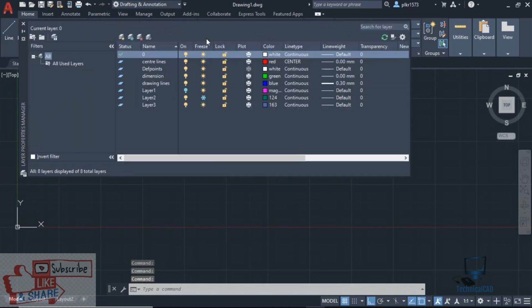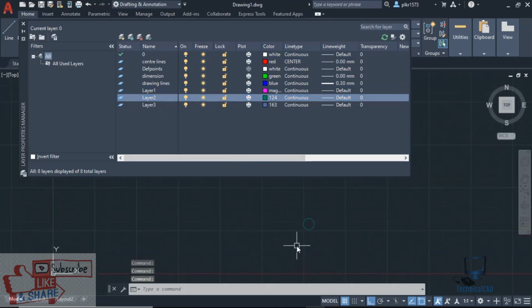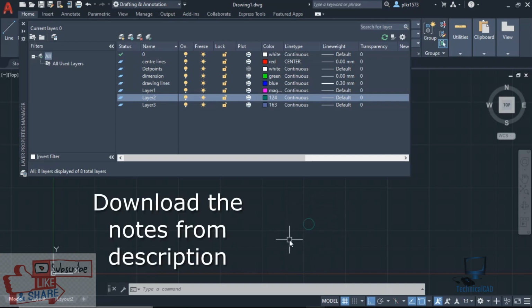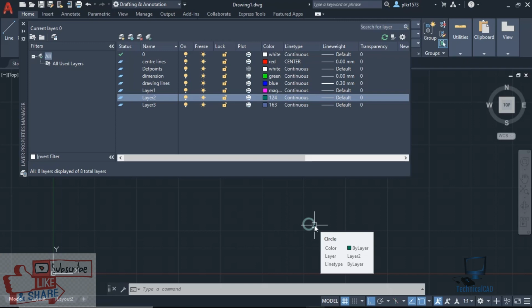So if I go for layer properties again, and I switch on this and unfreeze this, only the frozen objects we got back. So whatever objects we had switched on or off, all of those have been deleted. Only the frozen ones have been returned. So that's the difference between switch off and freeze.